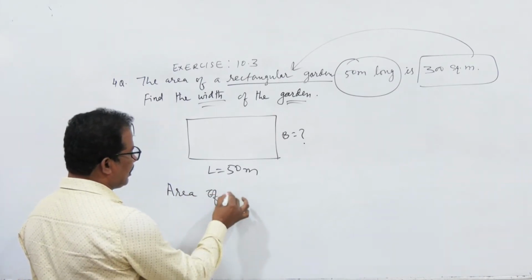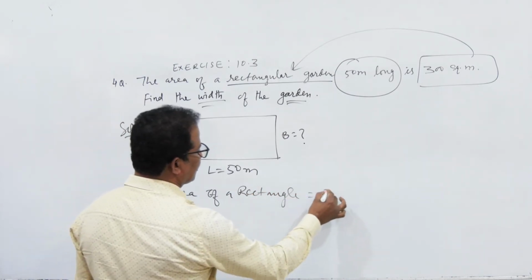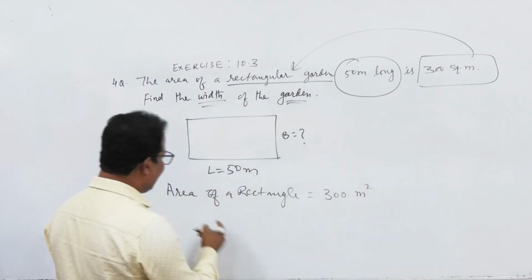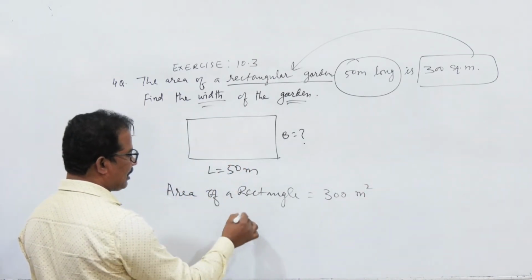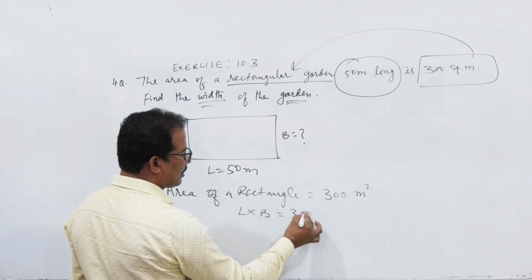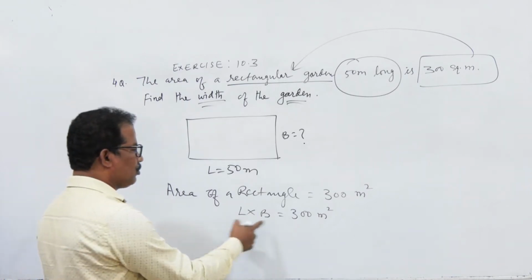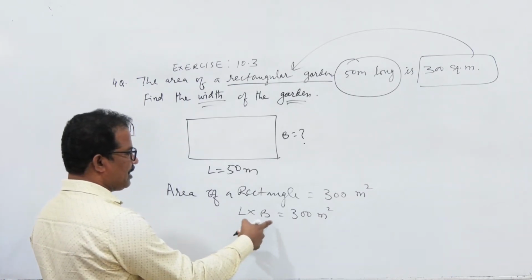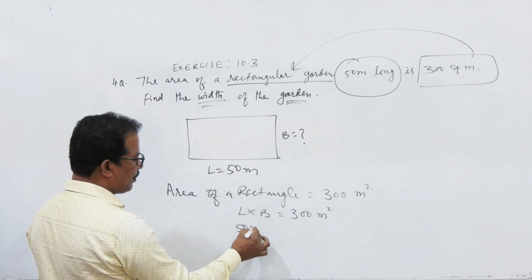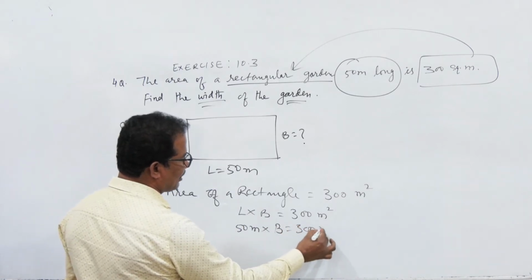So to find the width of the garden we have to use the given area, that is area of the rectangle, that is already given, how much? 300 square meters. Okay, and we know the formula of area of a rectangle, that is length into breadth is equal to how much here? 300 square meters. Understand? So in this length into breadth, length is known but breadth we don't know. So for that length, how much is given? 50 meter. For that we wrote here 50 meter, and breadth still we don't know, we need to find that only.